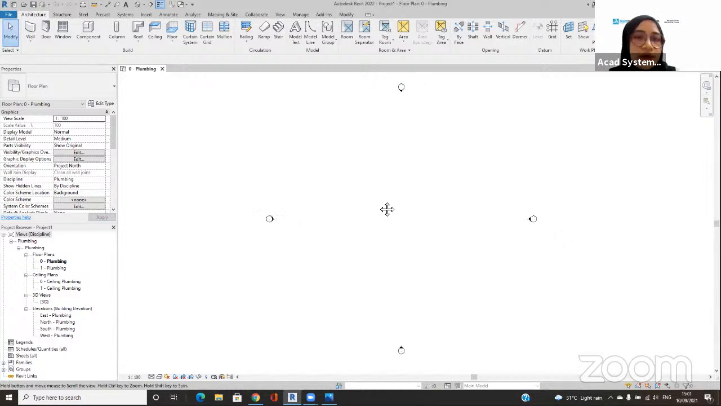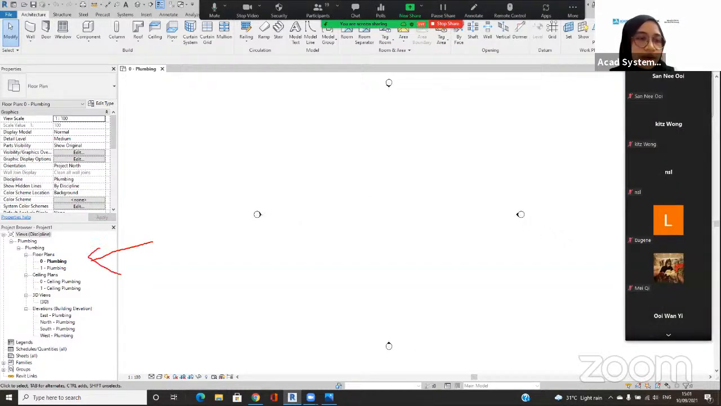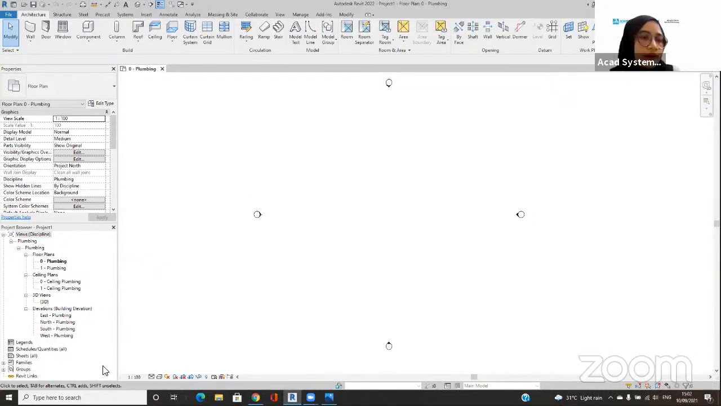All right. So now if you see on our project browser, to check if we have gone to the correct template, you can see all the plumbing views on the ceiling, with the ceiling floor plan and elevation. And that is where we know that we are inside the plumbing template. That's correct. All right, to get started, what I want to do first is link in